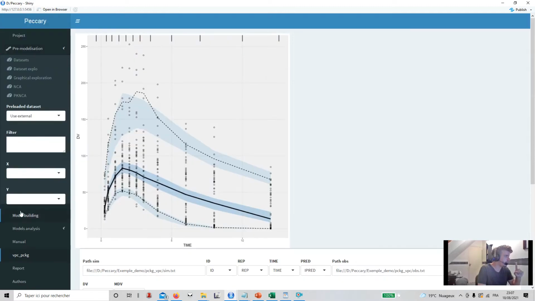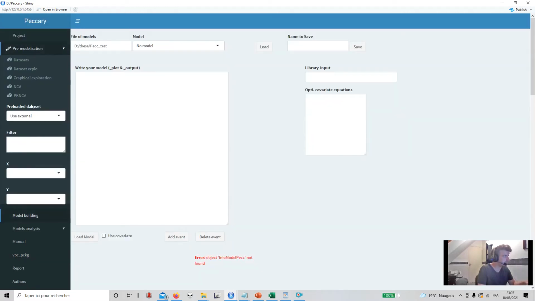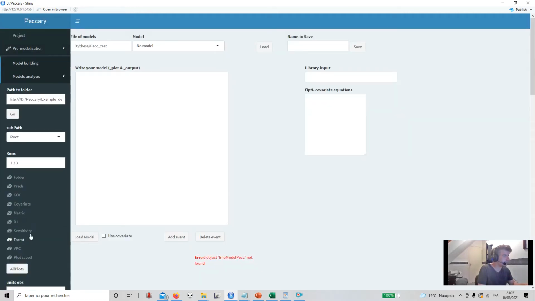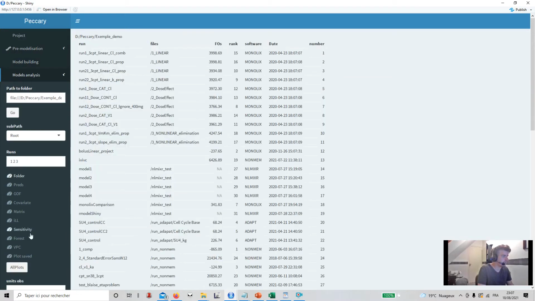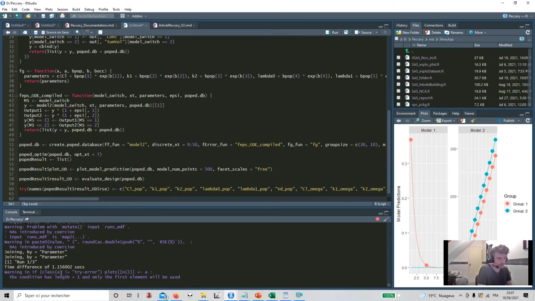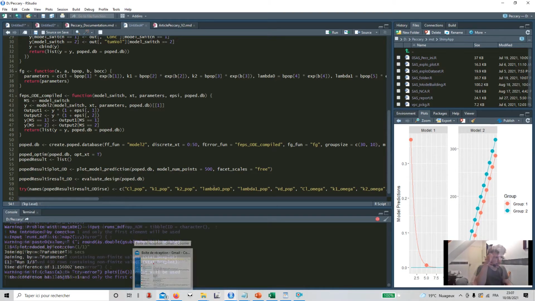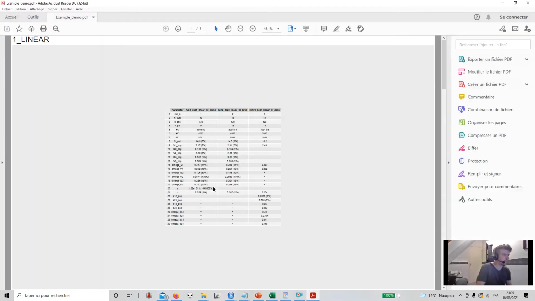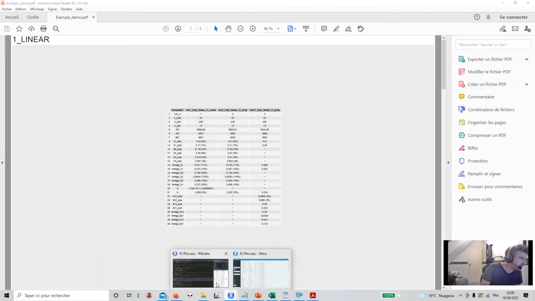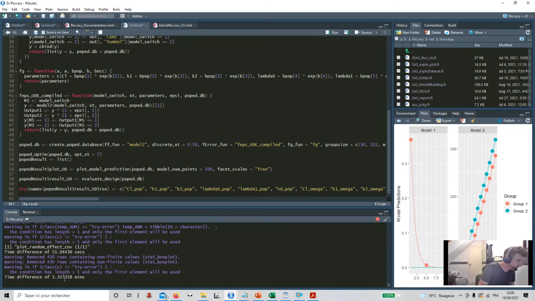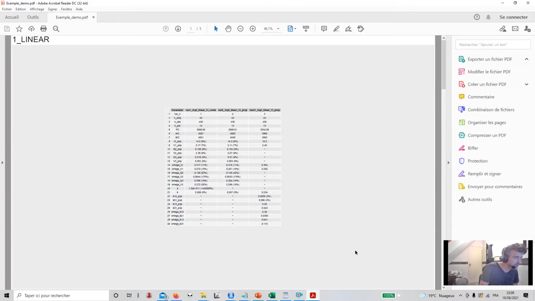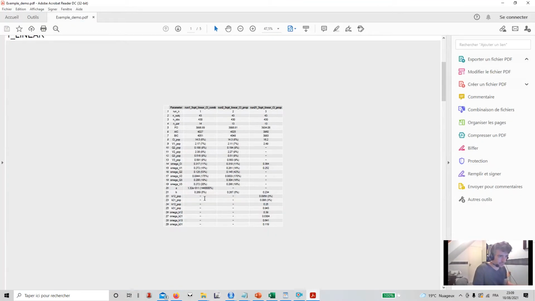So one thing I forgot to say is when you have this, what you can do is just put the run number and click on all plots. So here it will take some time, so I will accelerate the video and see when it's finished. Okay, so this is finished, it takes 1 minute 0.3, and basically it creates a PDF automatically